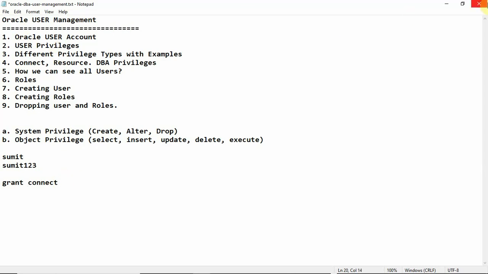So resource, basically, what are the database resources? Resources are tables, views, synonyms, sequences, procedures. These are the resources. What are the available objects in the databases? These are the resources. Okay, so views, index, then sequence,